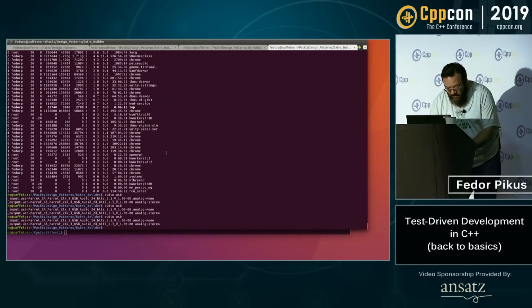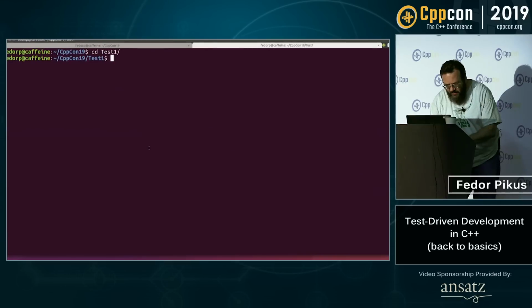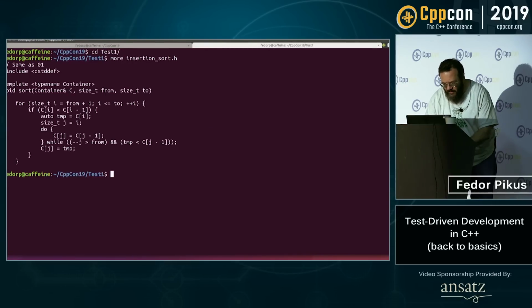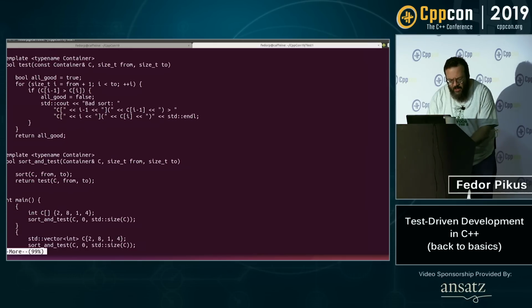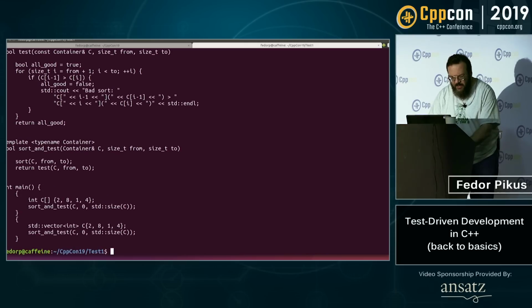Okay, let's see. There is that insertion sort. I wrote my own test driver just to not pollute things with the Google test macros.